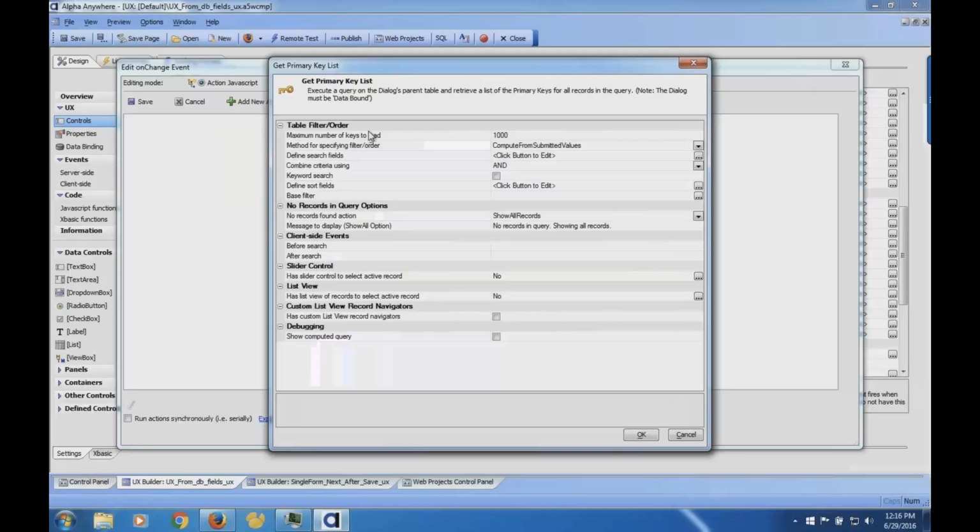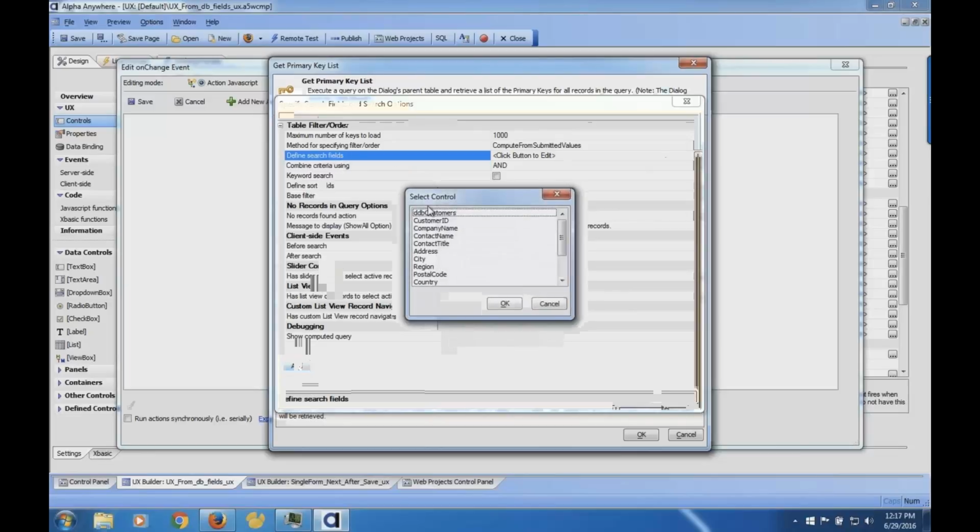But the powerful part of it is that I have a search field function, meaning that if I were just to click this action here, it would just reload all customers in that form. So then I could walk through all the customers. But if I have defined search fields here, I can go in here, and I can add a new search field.